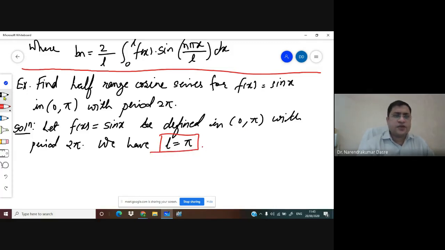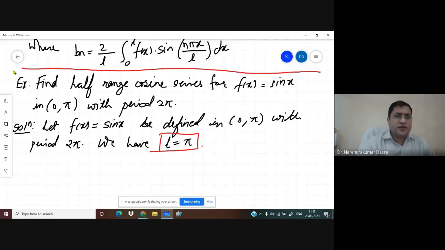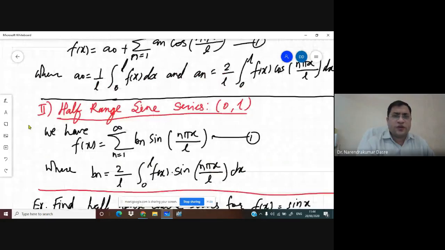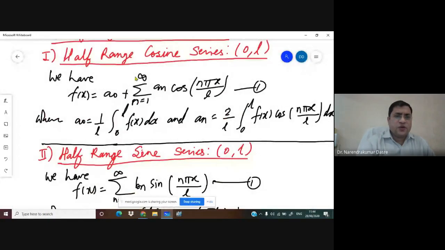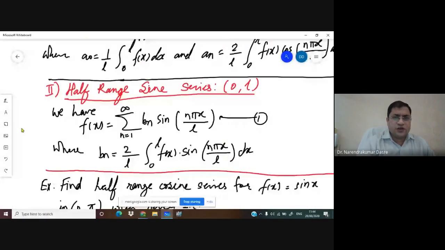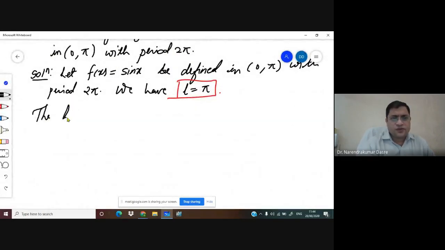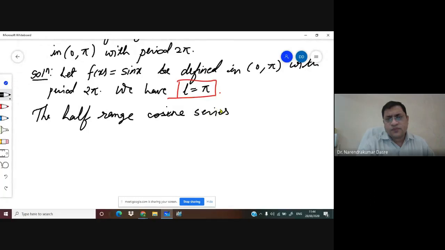So we have here L is equal to pi. And once we have L is equal to pi, I want to find the cosine half range cosine series. So we have to use this formula. Now let us use this formula. So what we'll have here, hence the half range cosine series for f of x is